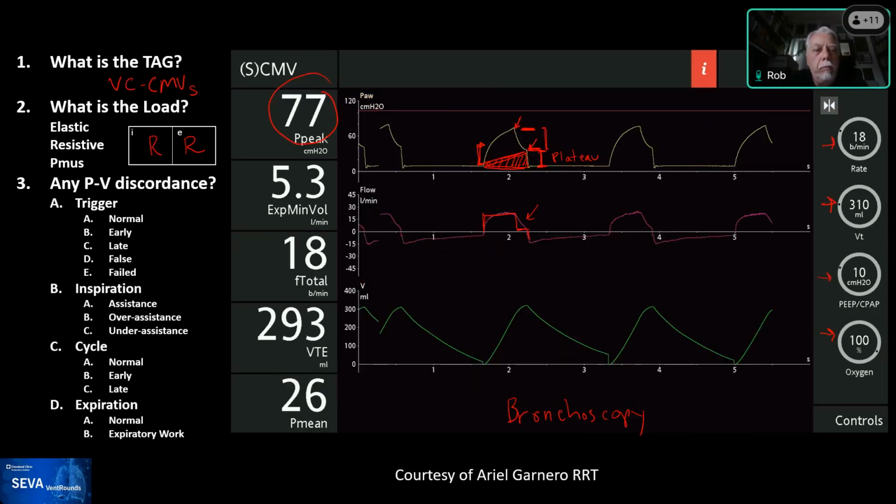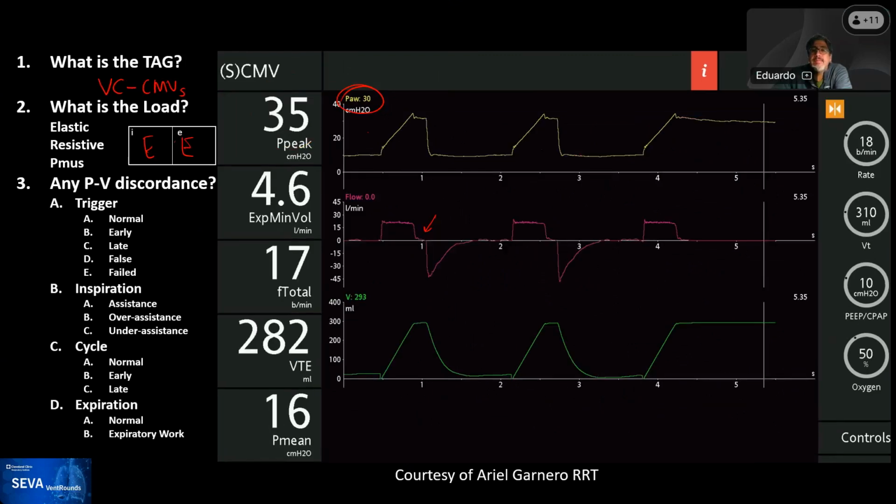There was some leak. I could see some leak over here. Yeah. It's not major, but I cannot quantify it. So it's 293 on that simple measurement. So it's only 18 or 17. All right. So then, and this patient is again passive. So I'm not going to go into the PV discordance. And then,